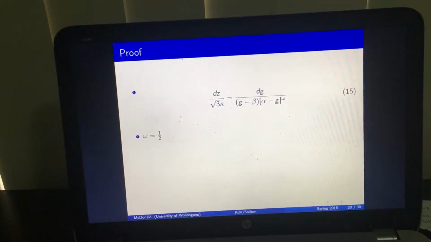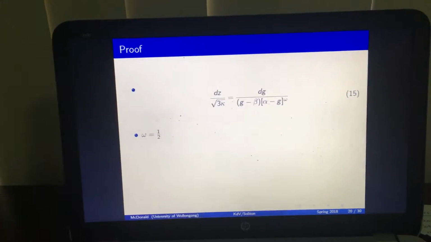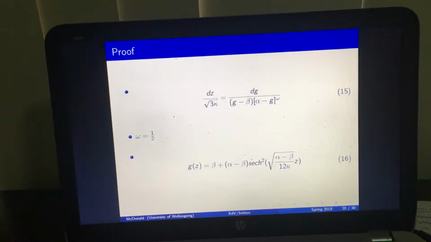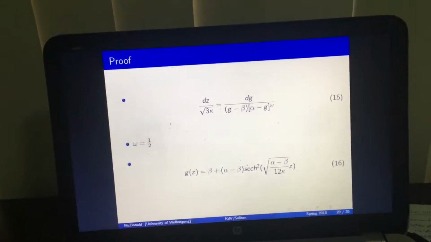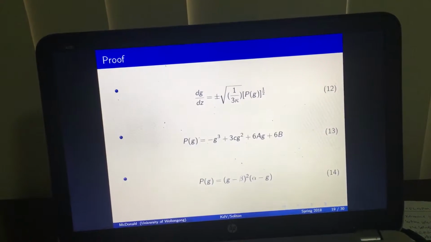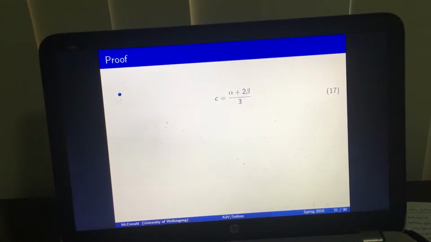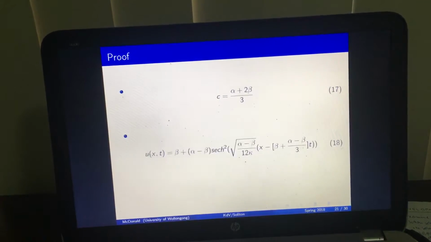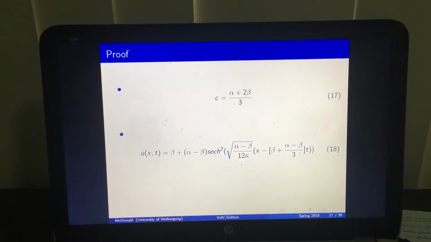We integrate, and here omega is a half, that power there. So we integrate 15 to get 16. And comparing 16 with 13 and 14, we get 17. And now after 17, we get equation number 18 here,